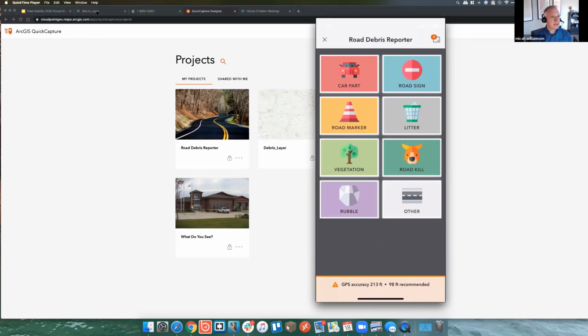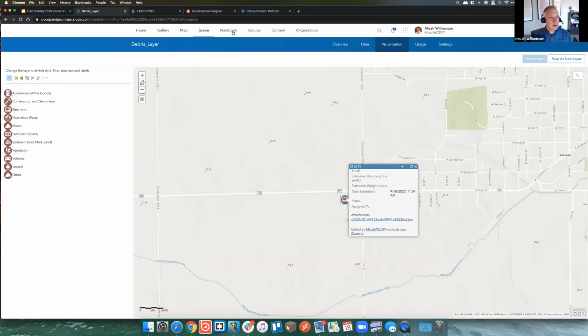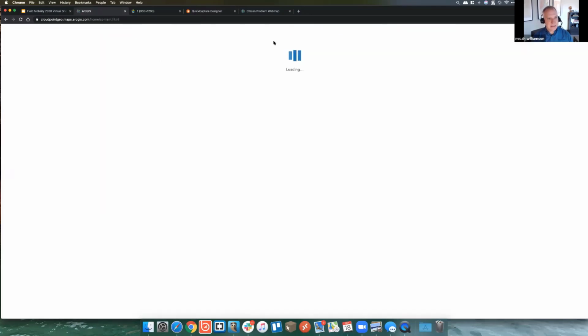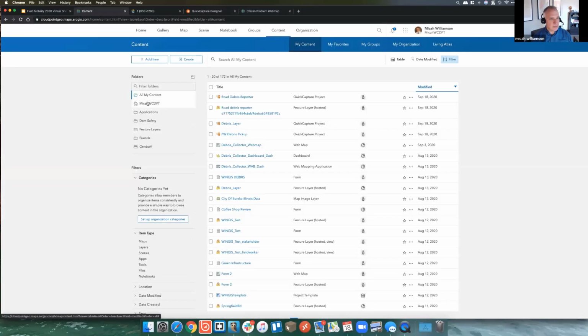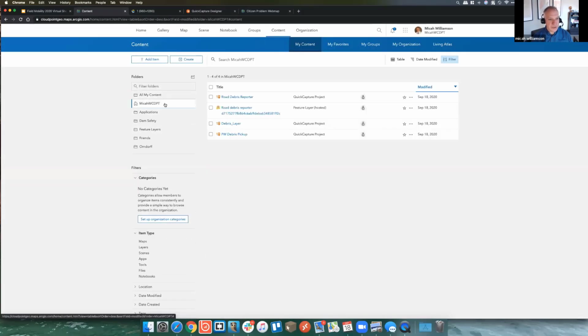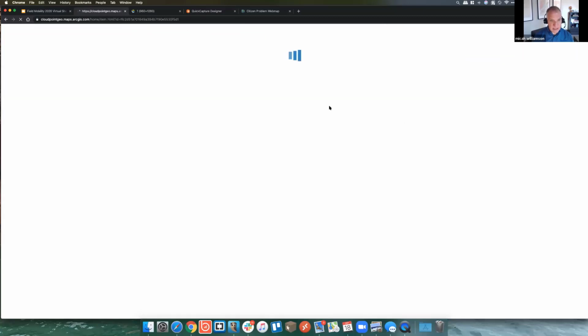So if we go back to ArcGIS Online, I'm going to navigate back to my content. And under my root, this is what it's added. It's added this road debris reporter QuickCapture project, and it's also added a hosted feature layer called road debris reporter. So if I look at that,